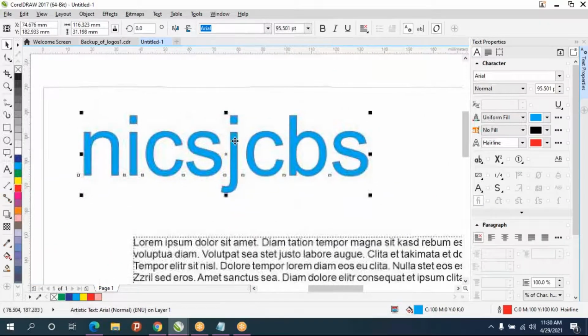Or if you want to increase the outline size, in the text property you can see the outline.